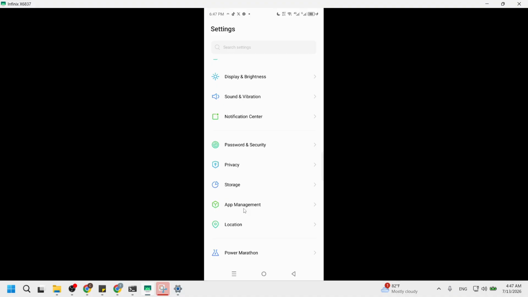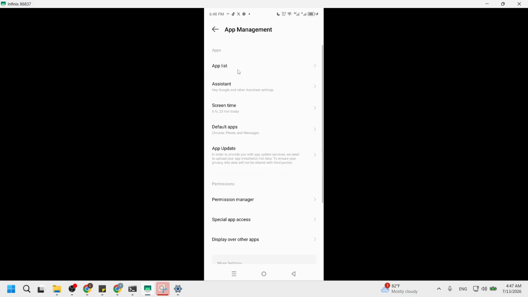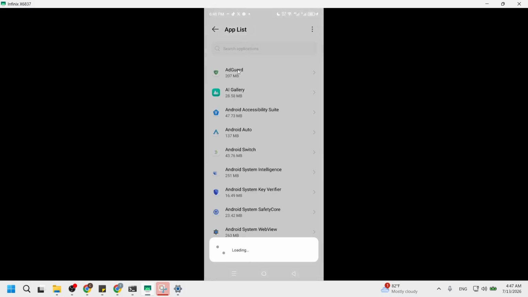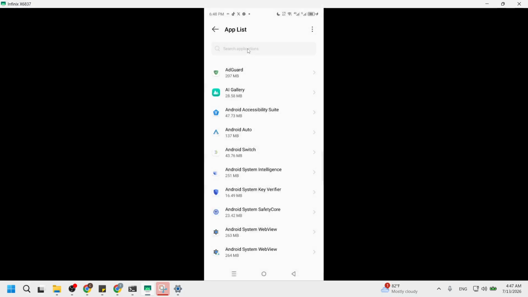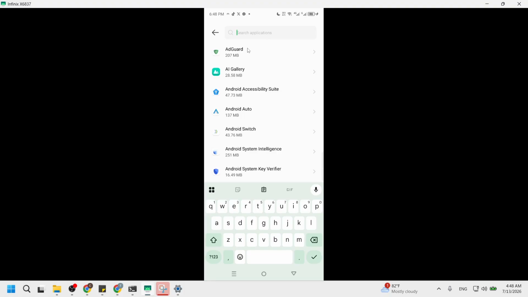Next, tap on Apps. This section contains all the applications installed on your device. When you tap on it, you will see a list of apps that you have installed. This step is crucial because it allows you to narrow down to the specific app whose permissions you want to change. Once you are in the Apps menu, you should see a comprehensive list of apps sorted alphabetically.